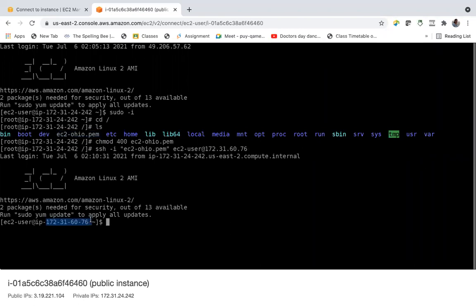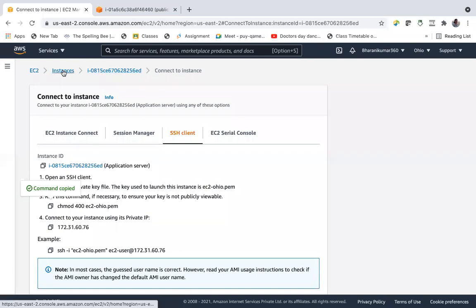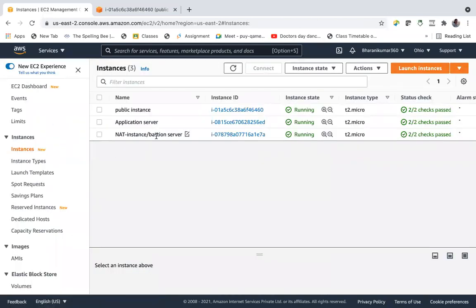Now I cannot, I already added the instance, right? I already attached the instance to the private route table. Let us say ping. It's not working. Why? Because we have to make a few changes to our NAT instance. So we have created the NAT instance. We have added the NAT instance to the route table. And there are a few changes that have to be made to the NAT instance too.